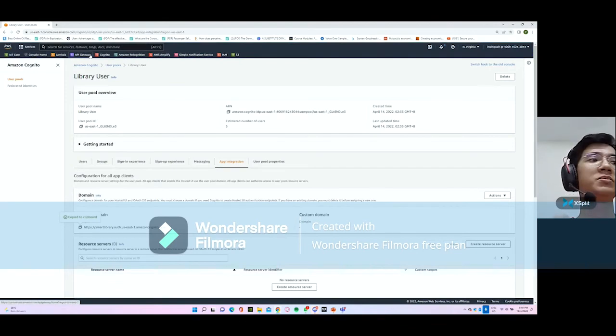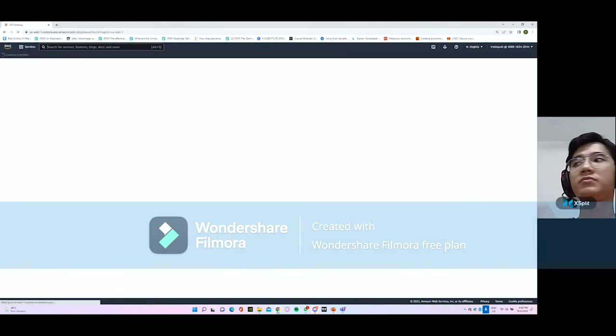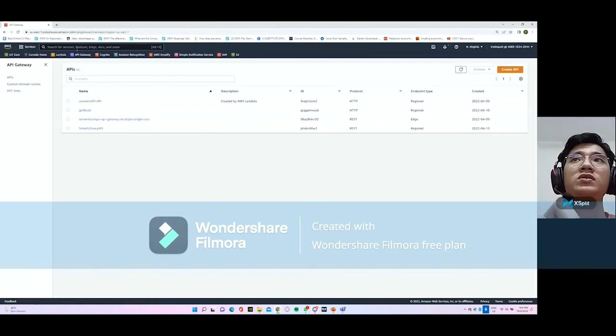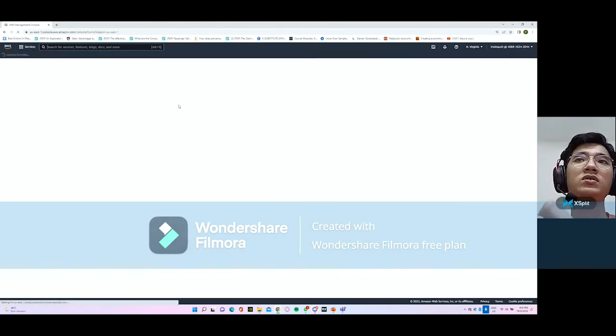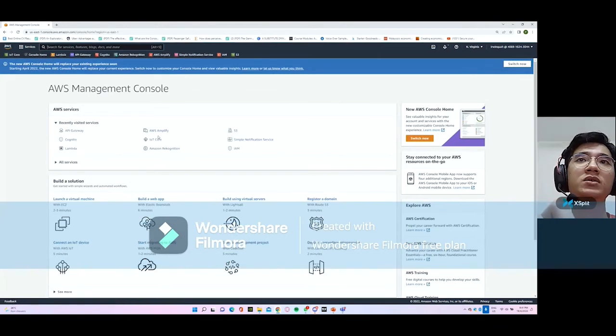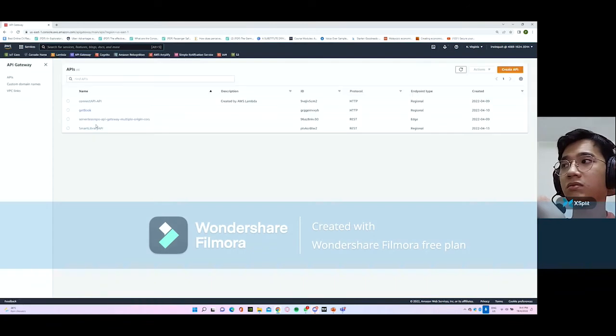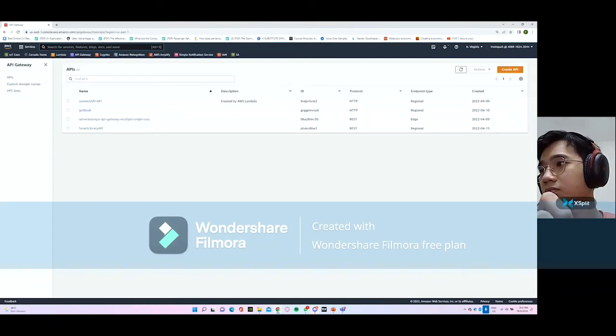Now we will move to the API Gateway demo. Go back to the console and we will select API Gateway. To link our Cognito to the API, you need to use a REST API.